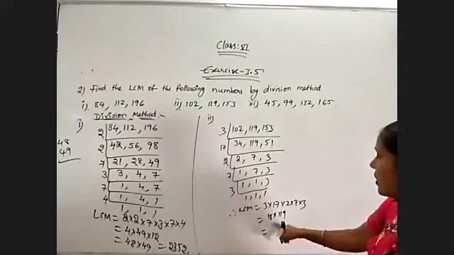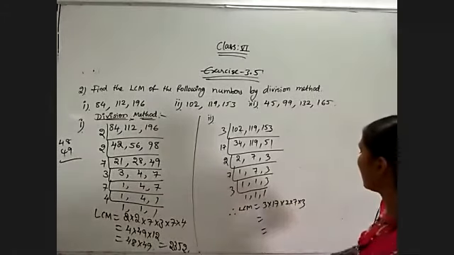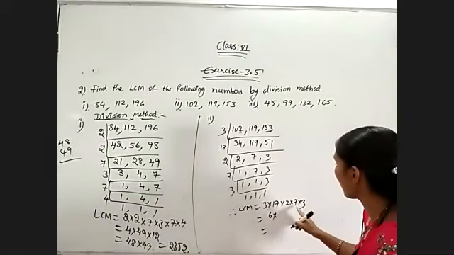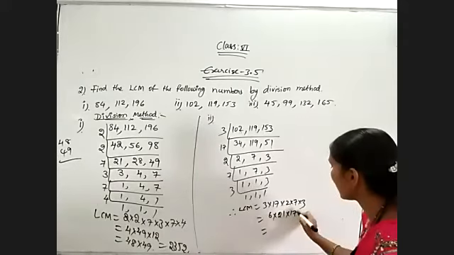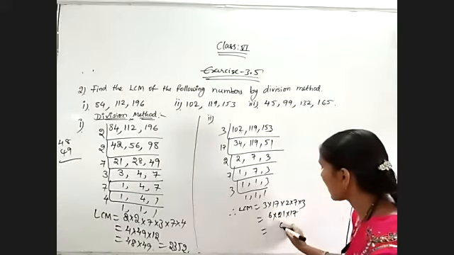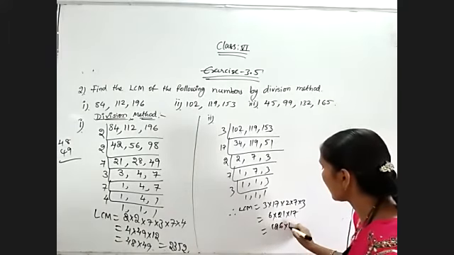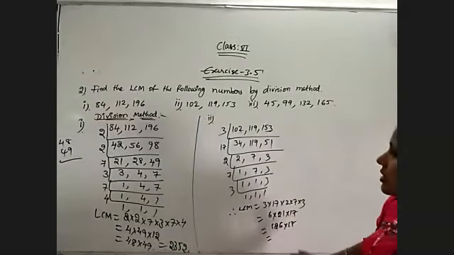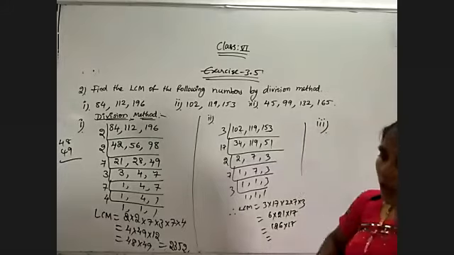Okay. Now do the calculations. Otherwise, do simple method. 3 2s are 6. 7 3s are 21 into 17. 6 1s are 6. 6 2s are 12 into 17. So find out their product, we will get the result, that's all. Now go through with the third problem also, we will get the same thing.